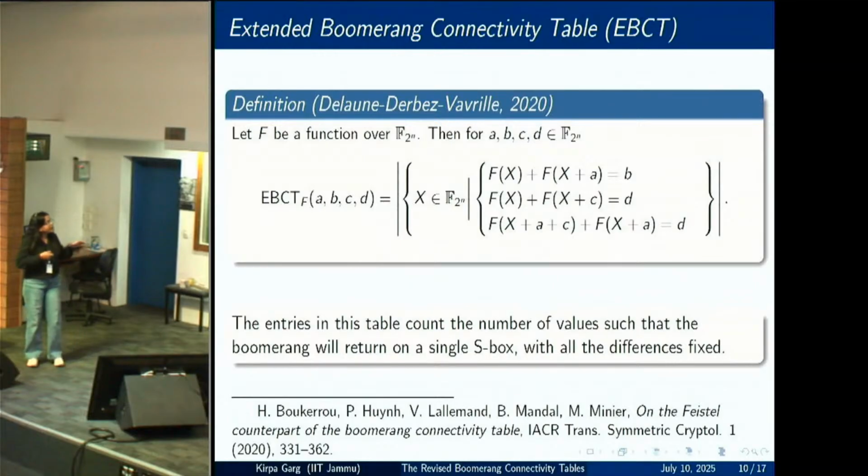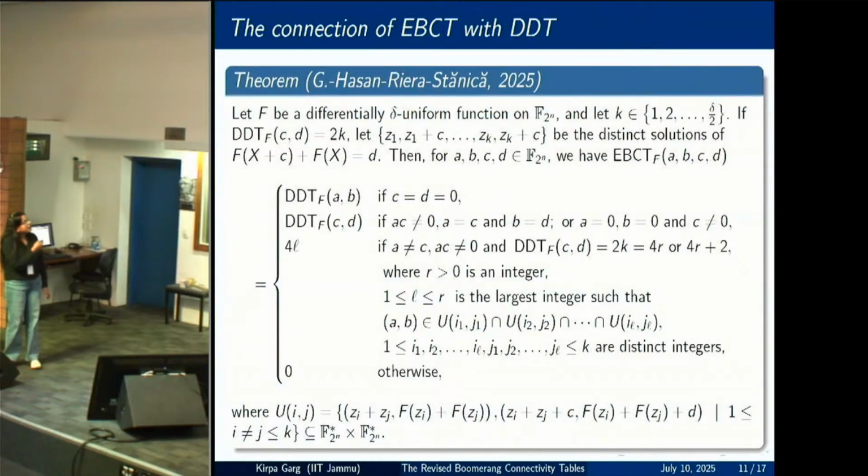In this table, again, we are counting the number of solutions of some equations over a finite field. Basically, my work is completely based on counting the number of solutions of equations over finite fields, which is not that easy sometimes and not that difficult sometimes. We have also found the relationship of DDT entries with EBCT as well. And again, here's a theorem. If f is a differentially delta uniform function and DDT of c, d is 2k, where k can assume the value from 1 to delta by 2, and this is the solution set,